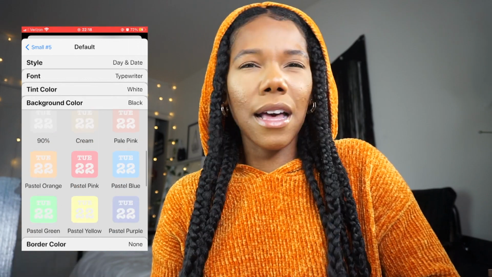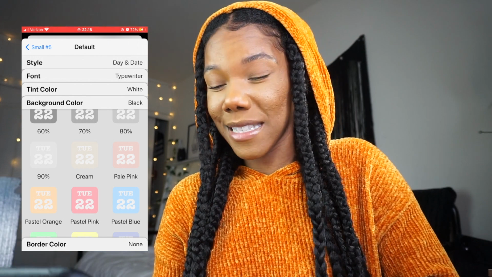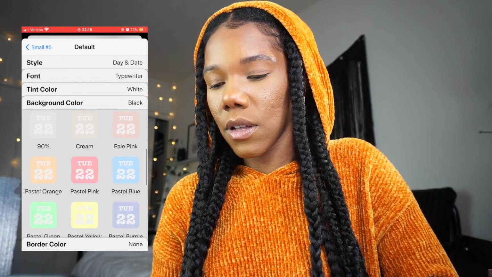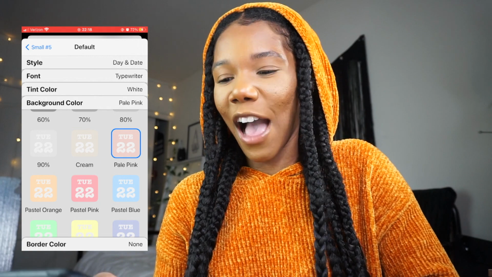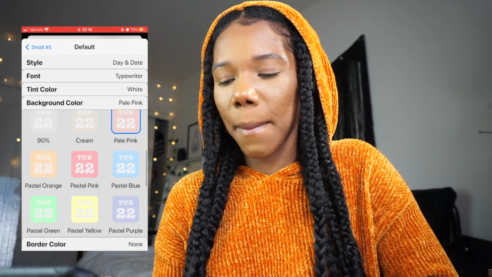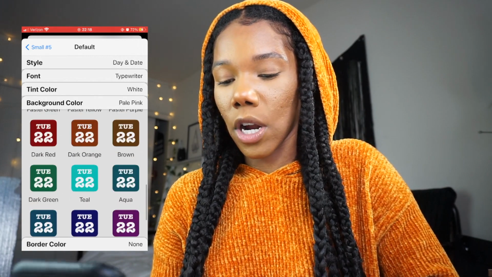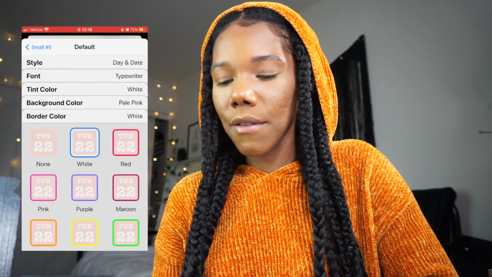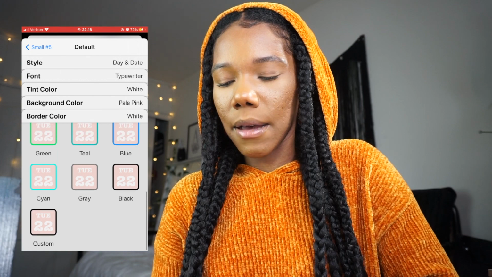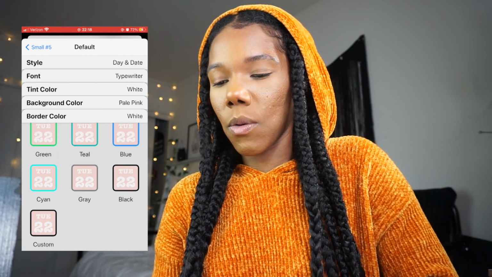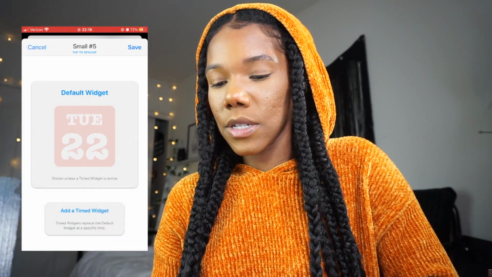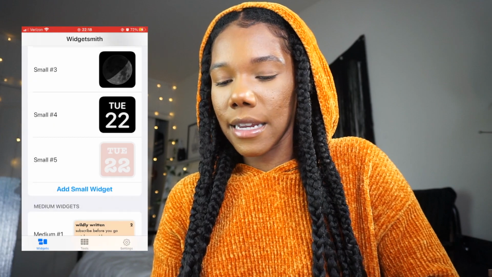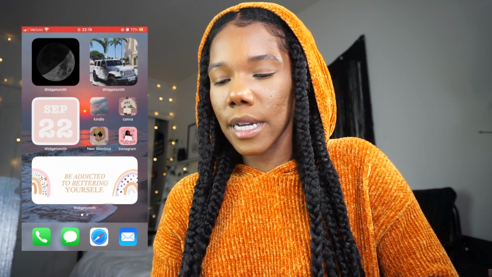What I've noticed is that a lot of people do the nudes, but for me it's really hard to see the nudes. So the closest that I would go to the nudes would probably be that peach color, or maybe like the darker nudes, which are the browns. Next, you can choose your border color. Obviously I'm going to choose white, but black might look okay too, but we're going to go with white for now. So then you just save it,